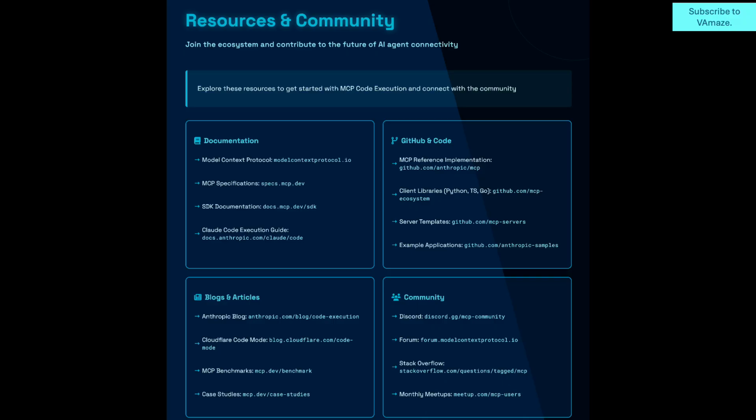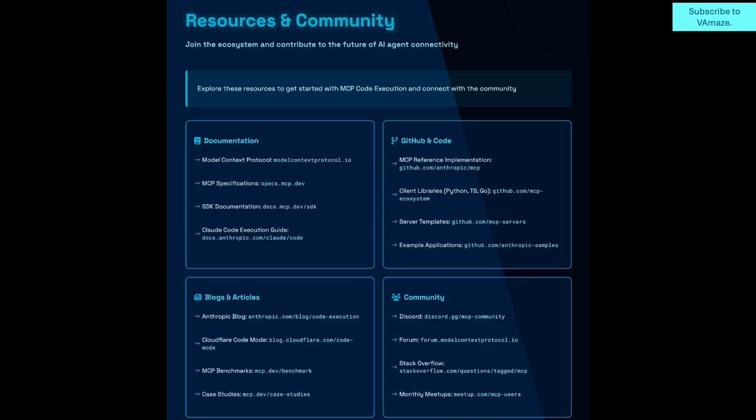Anthropic's engineering blog, which is where the article we're discussing today was published, regularly features deep dives into agent architecture patterns and best practices. The Claude documentation also includes detailed guides on building effective agents. The MCP community is active on Discord and in GitHub discussions. If you're implementing this approach, these are great places to ask questions, share your experiences, and learn from others who